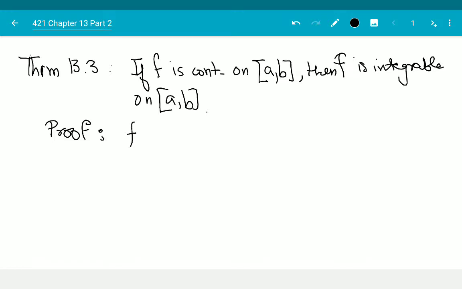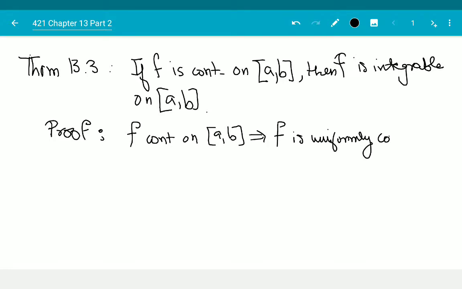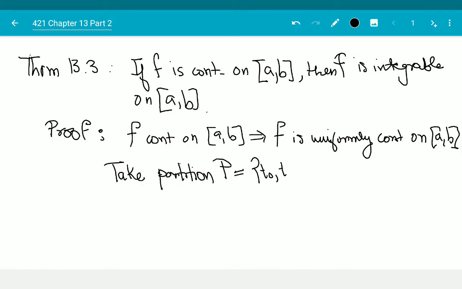f continuous on [a, b] implies f is uniformly continuous on [a, b], right? So take a partition P, P equal to, let's say, t0, t1, up to tn, such that